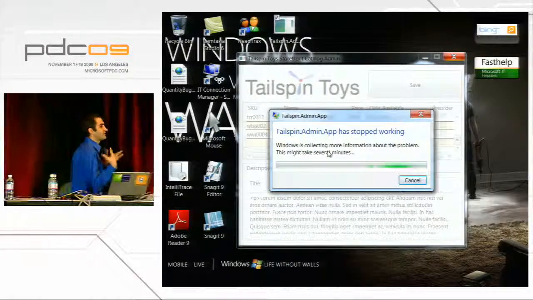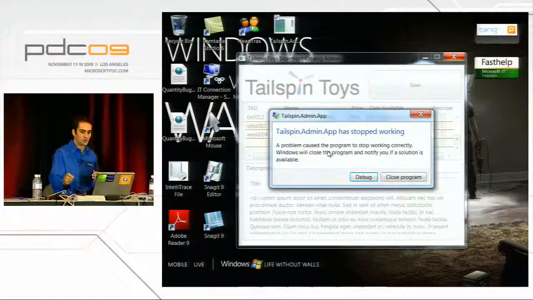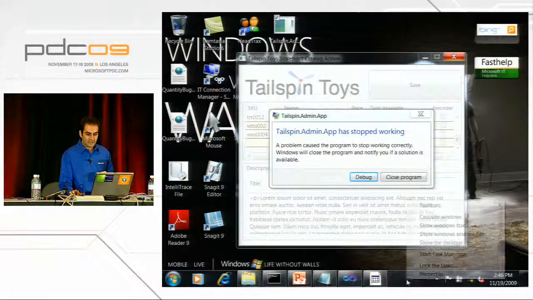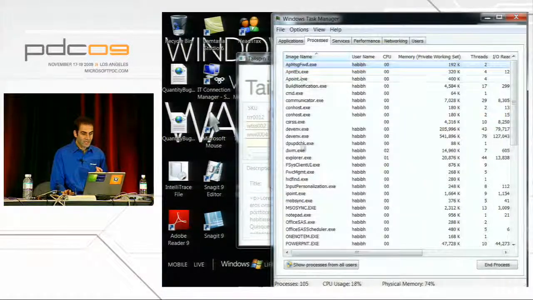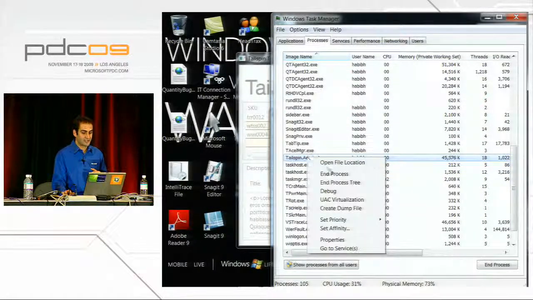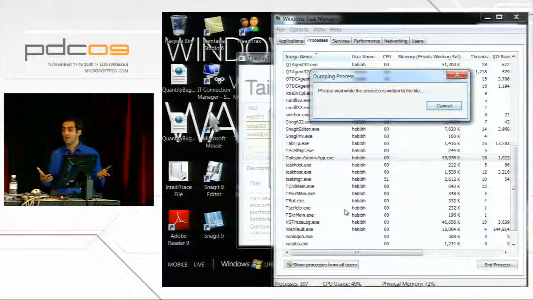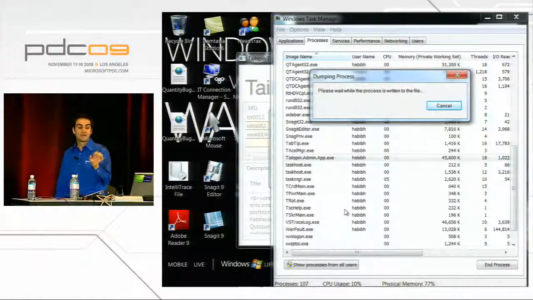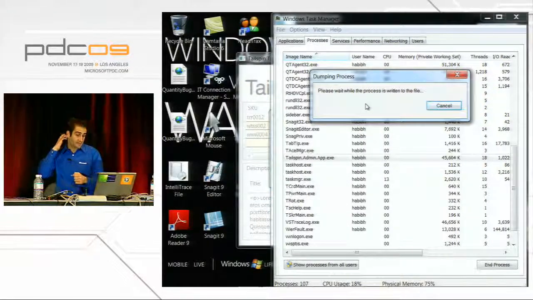How do you go about debugging this today if you don't know how to use SOS with Visual Studio or WinDBG? Well, one of the features that you might be aware of is that you can start up Task Manager, hunt down the exact application, right-click, and say, create dump file. This will start writing a dump file, and it'll show me the exact path where the dump file is on my disk. So you don't have to have Visual Studio or anything else installed on your machine to be able to debug the dump file. And once it's done,